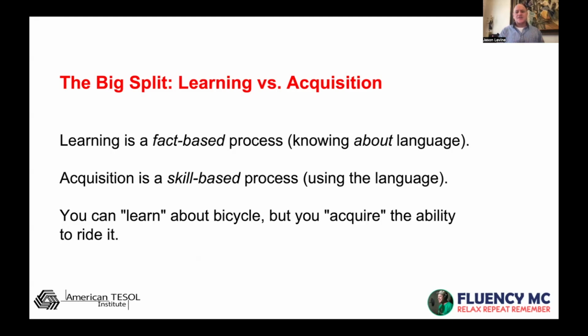We've got to figure out ways that it's going to be more acquired, like the sponge. So here, a bicycle. How do you learn to ride a bicycle? We say learn to ride a bicycle, but it's not by studying how a bicycle works or by somebody telling you how it works. Or even just by watching somebody do it. You have to actually acquire the ability. And how does that happen? Well, getting on, trying, falling off. It's the repetition. So spoiler alert, everything's going to be about repetition soon. Oh, you see down here my credo: relax, repeat, remember.